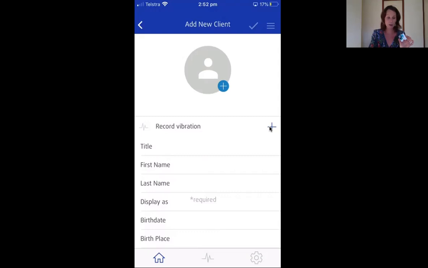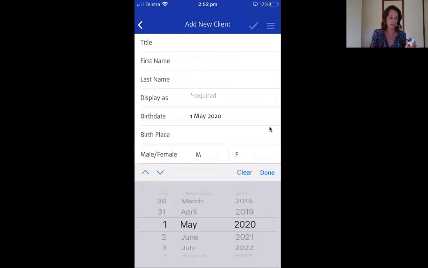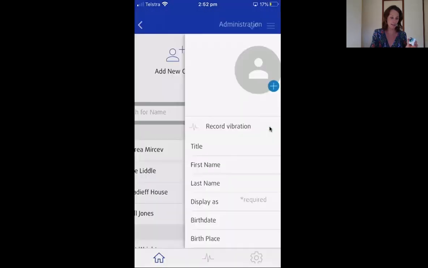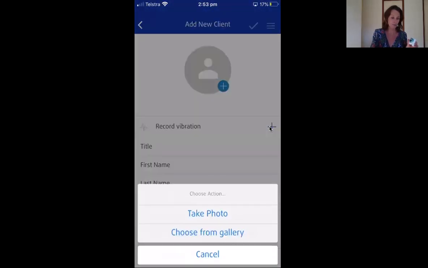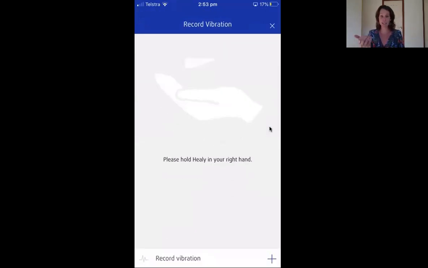So just by clicking on that, if I can get it to do it. Okay, we're having a bit of problems here. So let's go again, individual. Oh, no, I don't want to take a photo. Cancel. Then record vibration. Right, so it says here to hold the Healy in your right hand, and then you